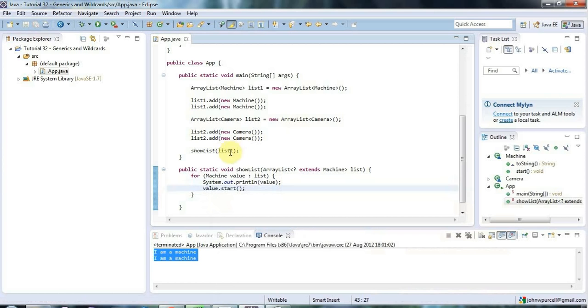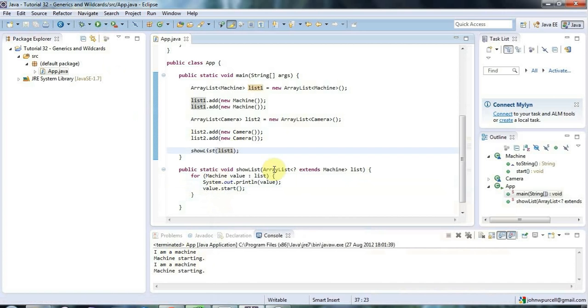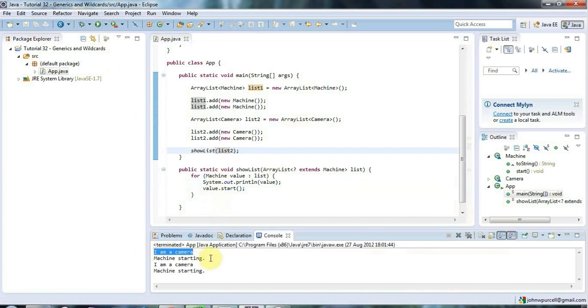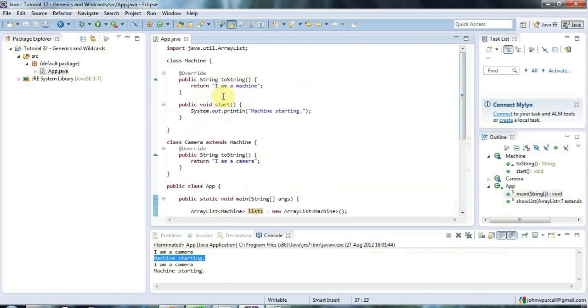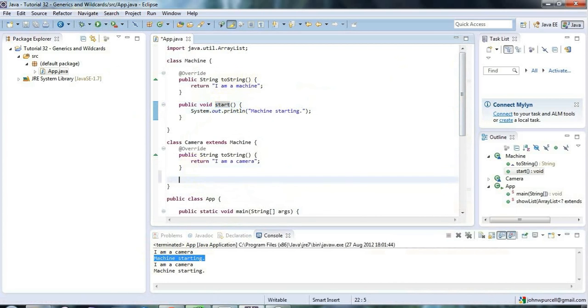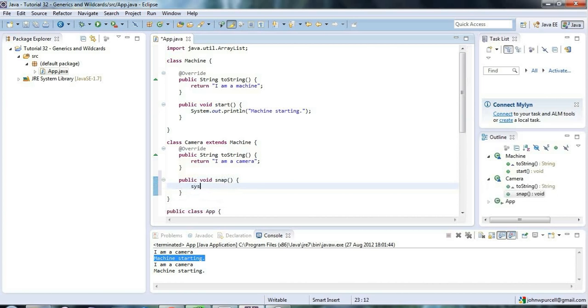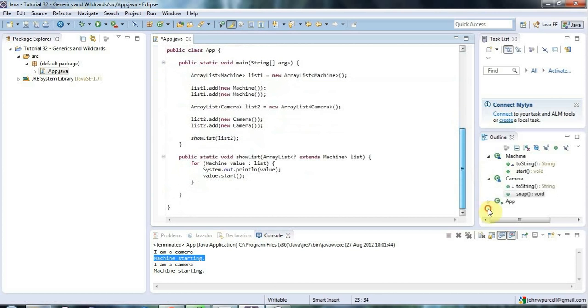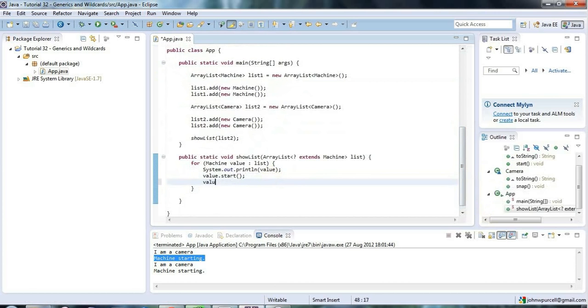On the other hand, if I pass in a list of cameras, that's going to work. It's saying machine starting. If I pass in a list of cameras, that's going to work as well. So it's calling the camera toString method, and it's saying machine starting because camera has inherited that start method from machine, and I didn't override it in camera. But let's say camera has a method that's specific to cameras, like public void snap, and let's say here sysout snap, this is taking a photo. Now I can't in here call value.snap